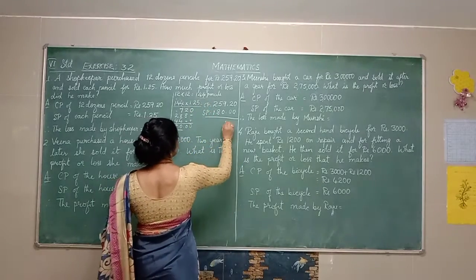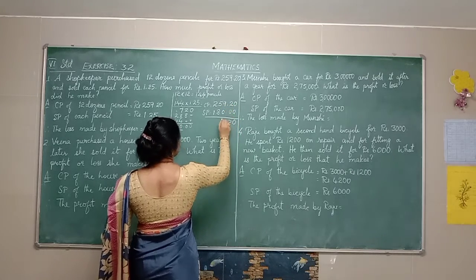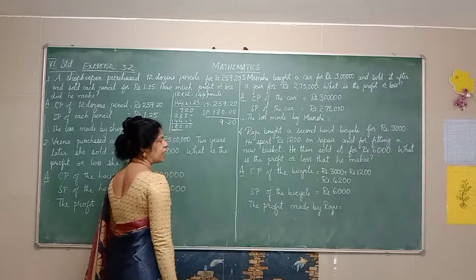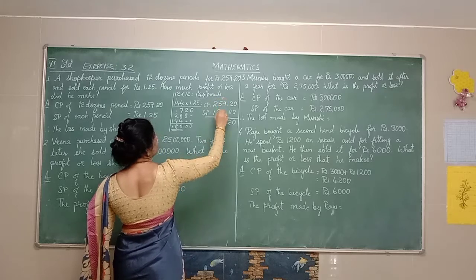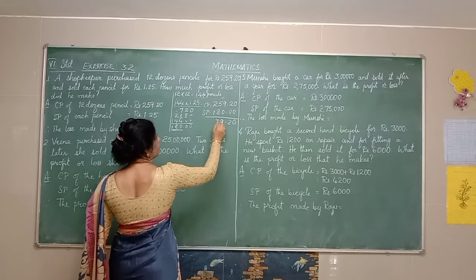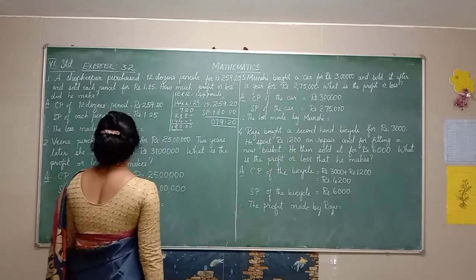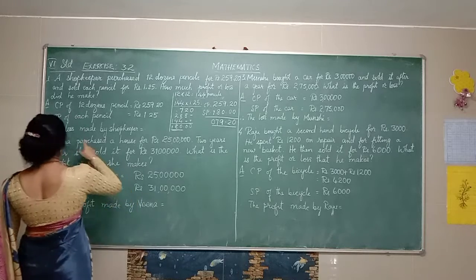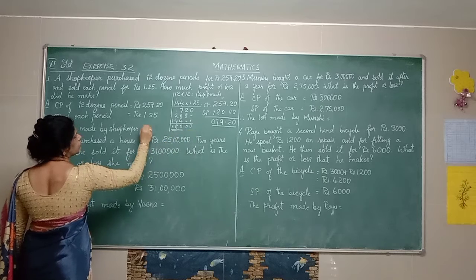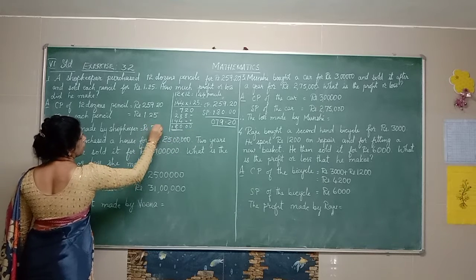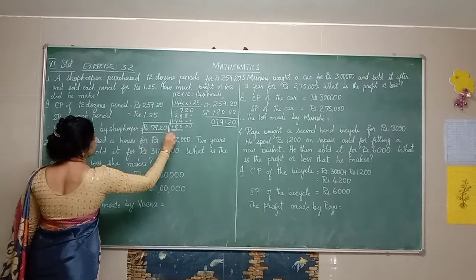So let us calculate. So here 0, here 2.99. 5 minus 0 is 5. From 5 you cannot minus 8, so you borrow from here. So this becomes 15 and this becomes 1. So 15 minus 8 will be 7. 1 minus 1 is 0. So what is the answer? 79 rupees 20 paise. So the shopkeeper has got a loss of 79 rupees 20 paise. 79.20. This is your answer.